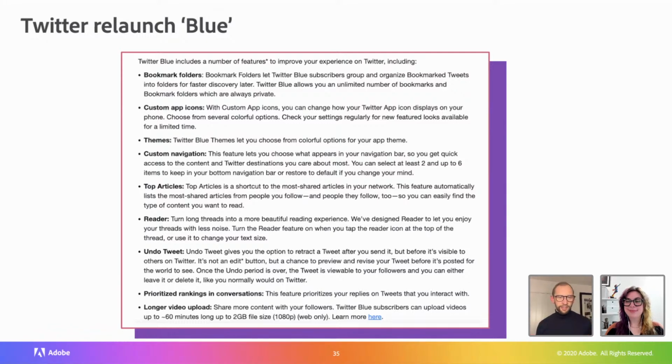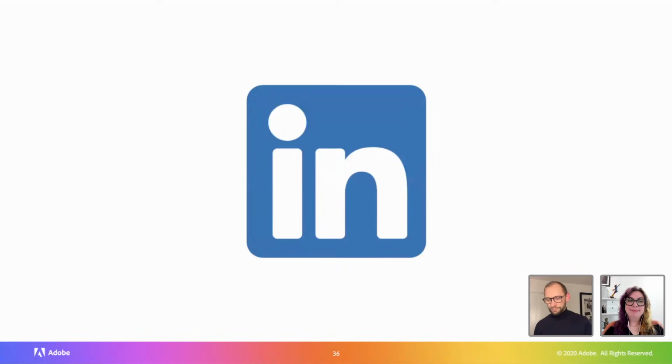But the thing that is significant, and I found it in some support doc somewhere, kind of hidden, is that Twitter Blue kind of alluded to the fact that Twitter Blue subscribers will be prioritized in how much their tweets are shown. And it kind of makes sense, right? If you pay for the platform, your content is going to be seen by more people. So I think in the fullness of time, subscribing to Twitter will be an essential component of doing business on Twitter. That's why I wanted to flag that. Interesting, but I'm going to leave Twitter there. There's lots of stuff going on, and we'll try our best to make sense of it for everyone.